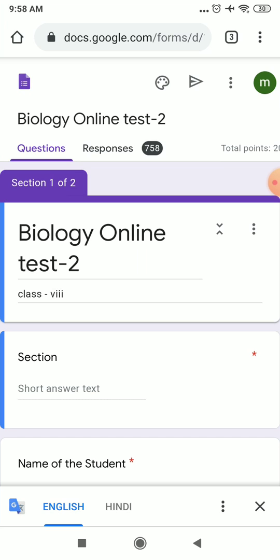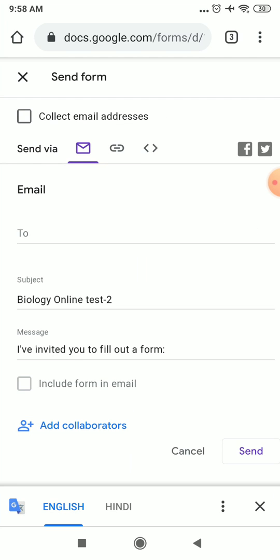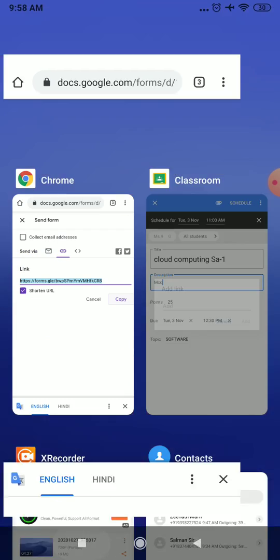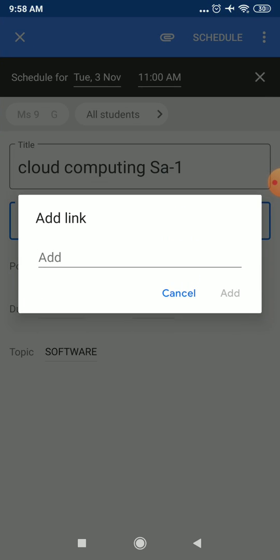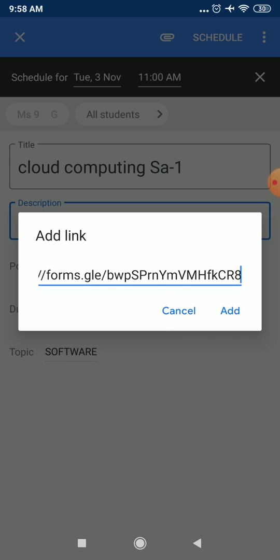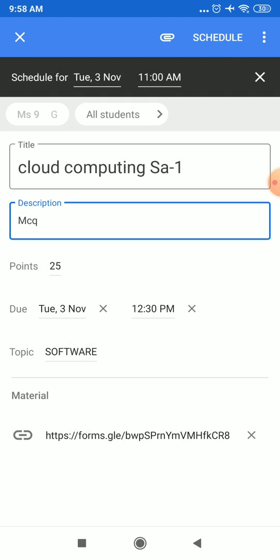Then click on this arrow button which is present over here. Then second one here is the link, shorten URL, copy it. Then come back to your Google Classroom, long press on add link such that paste option is available. Here the link of the form is pasted, click on add. This is how you have add the assignment